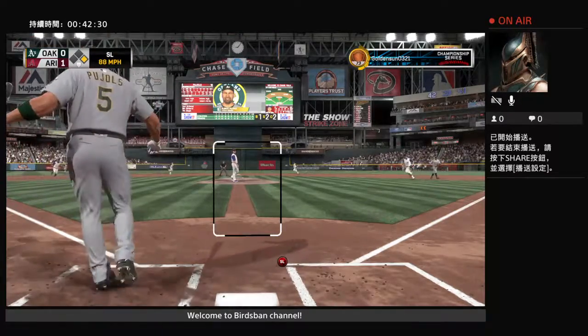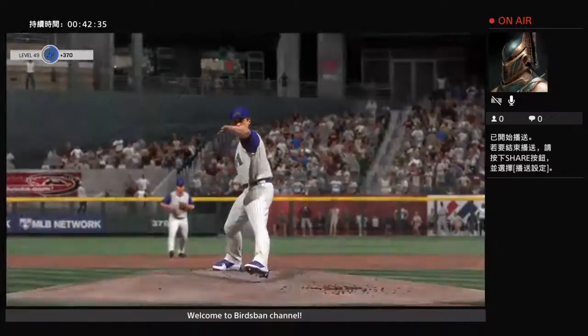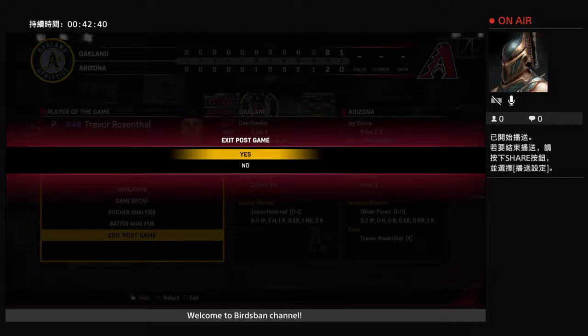And he struck him out for out number 3. So that'll wrap things up here as they leave the possible tying run stranded at first. Well, sometimes that defining moment of the game is the ending. He came in and he